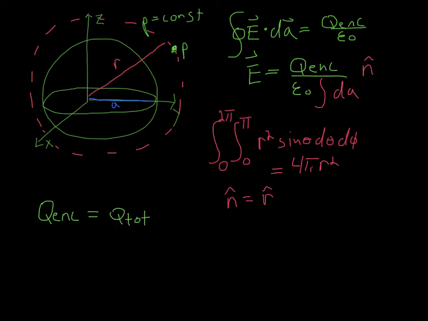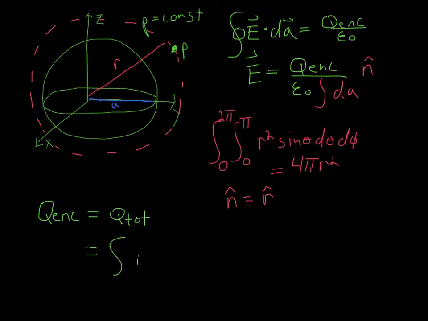Now there's some more information on my problem. Sometimes people don't do that, but if I know that that whole spherical volume charge has a total charge Q total, look, I've enclosed it all, and I can just say Q total, done. All right, another way though to get Q inc, I can say that this is equal to